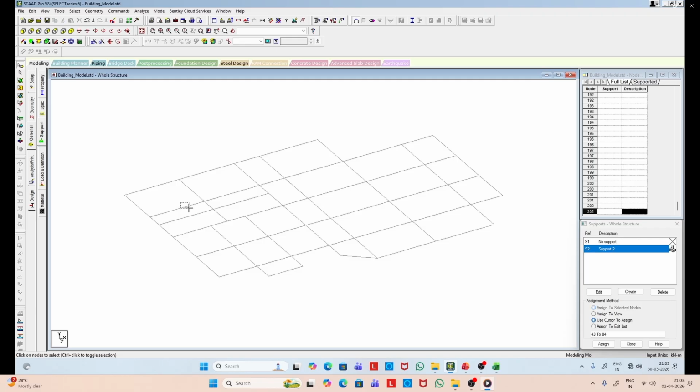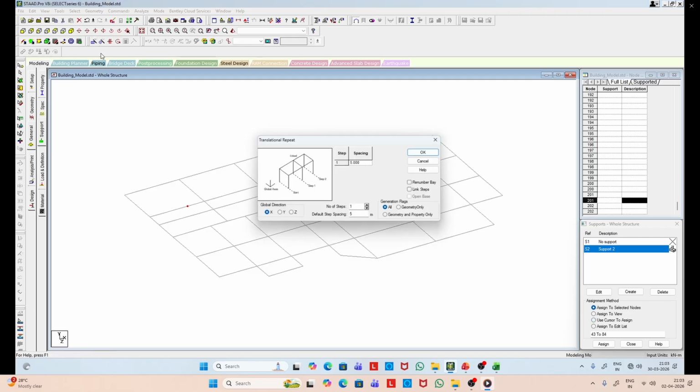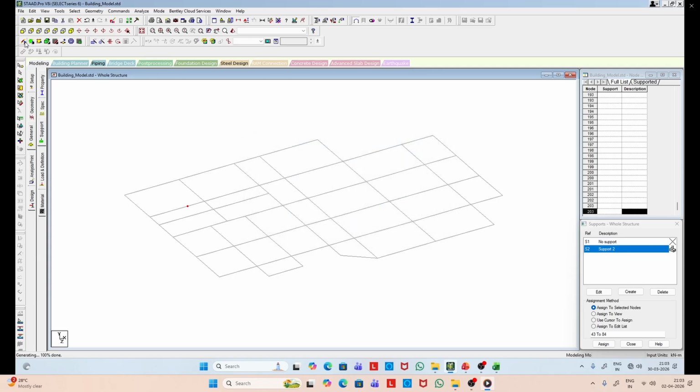So you can see the new point. Now we will connect these lines to create the secondary beam.